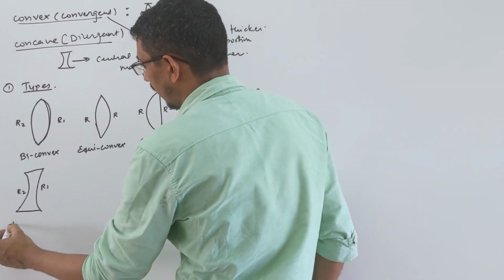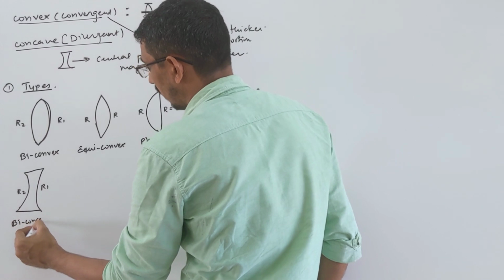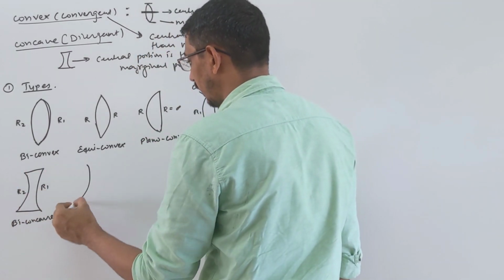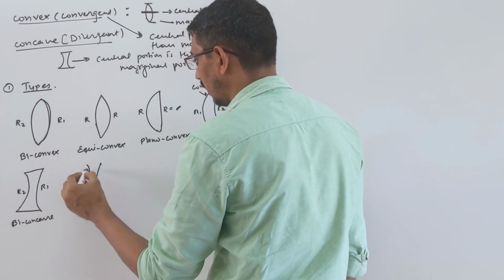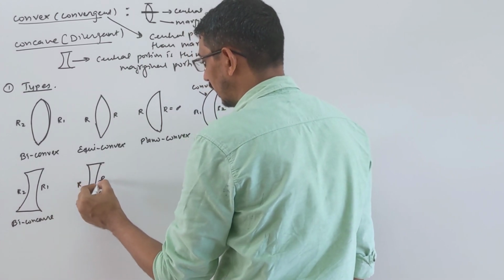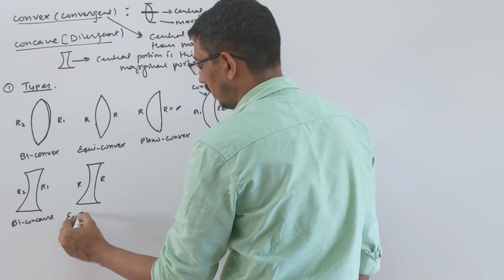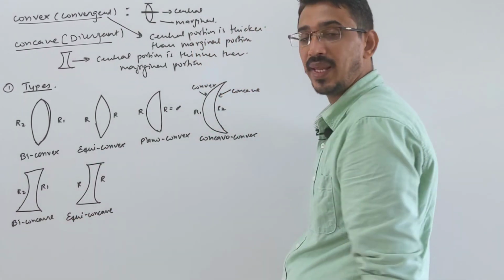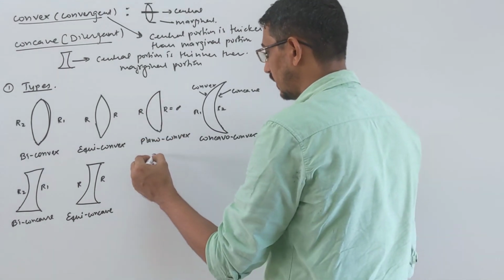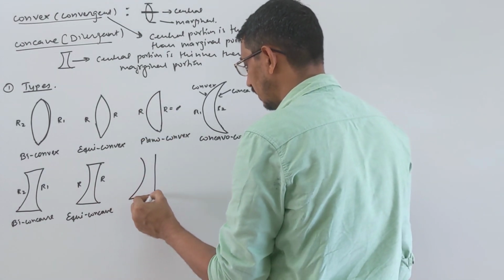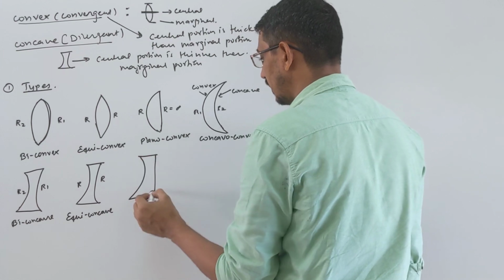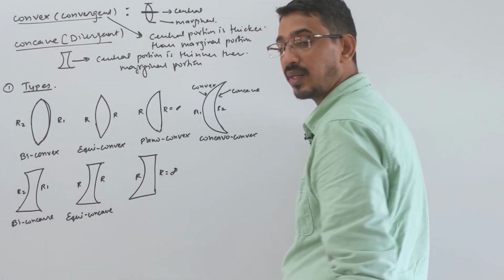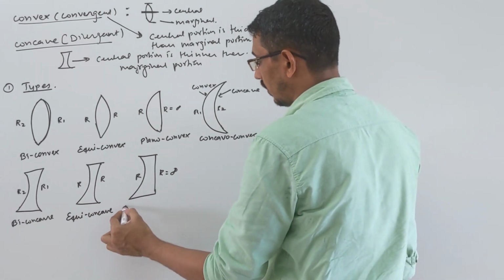Then this is called biconcave, right? If the radii of curvature become equal, then in the same way you say this becomes equiconcave. This is R, that's also R. Then it's called an equiconcave lens. In the same way, one side may be plane like that, and one side is curved. Then you get this type of lens. This plane side has radius of curvature infinity. This is R. Then it's called plano-concave.